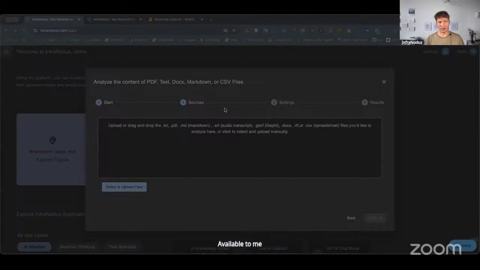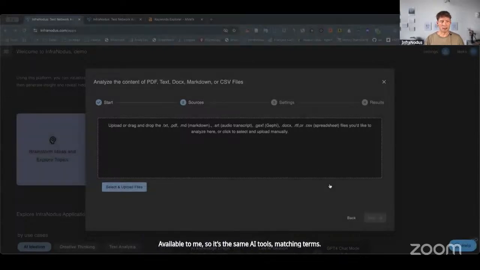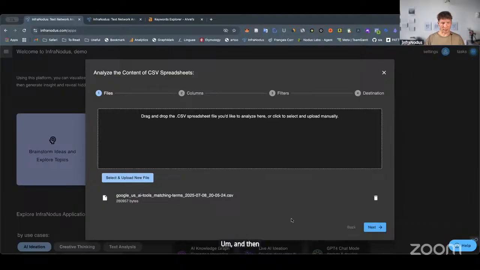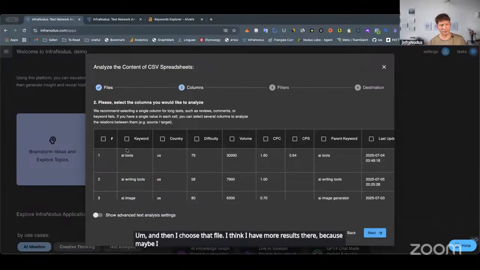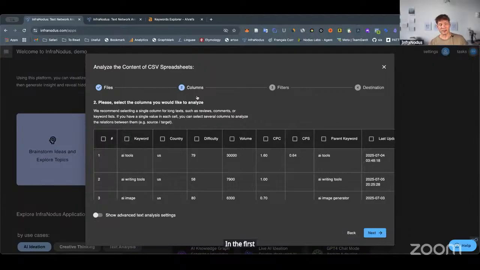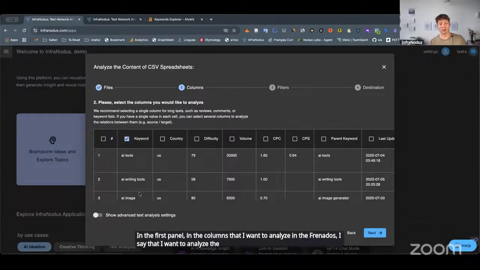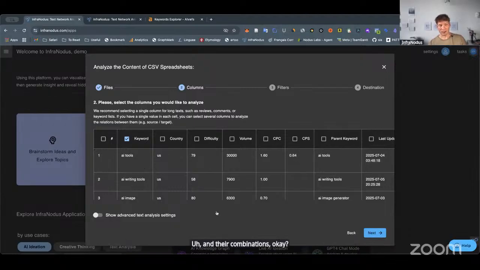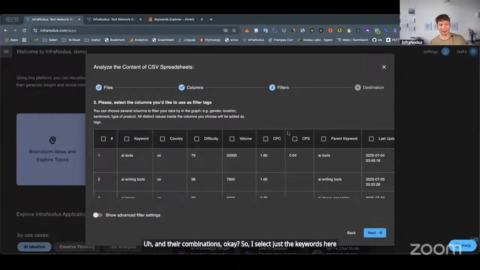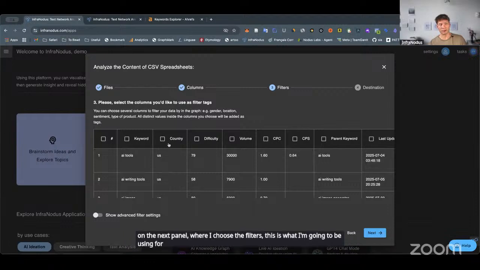So it's the same AI tools matching terms. And then I choose that file. I think I have more results there because maybe I didn't use such aggressive filters there. And then in the first panel, in the columns that I want to analyze in InfraNodus, I say that I want to analyze the column with the keywords because I just want to see the graph of the keywords and their combinations. So I select just the keywords here,